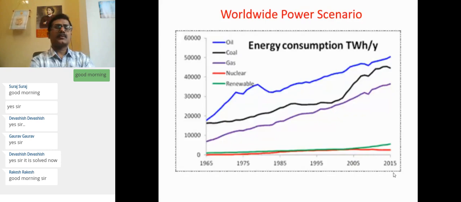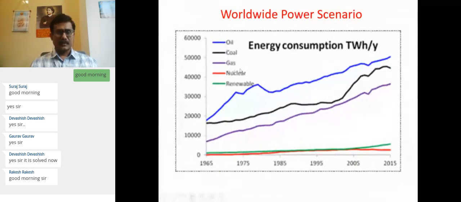So these energy consumption trends are shown for the different types of fuels. What fuels are being highlighted here? The oil, the fossil fuel oil, then the consumption trend for coal, then gas, the energy consumption from nuclear sources, and from renewable sources. This blue color trend can be seen for the oil, isn't it? So the largest energy consumption requirements are satisfied with the fossil fuel available in the form of oil